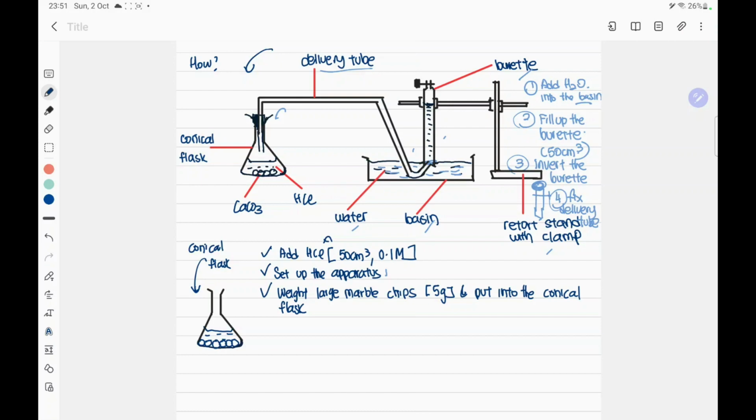Okay, bear in mind, once you put the large marble chips into the acid in the conical flask, immediately close it. You need to close it immediately because the reaction will start immediately, so you need to close it so that you can get a higher accuracy for your result. So you immediately close the conical flask, and after you close it, you start your stopwatch